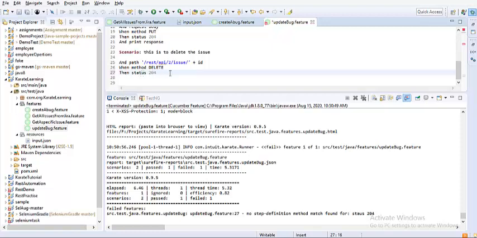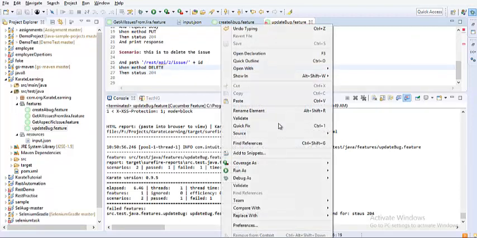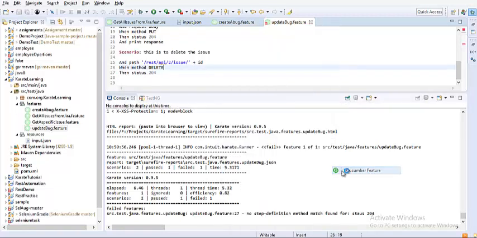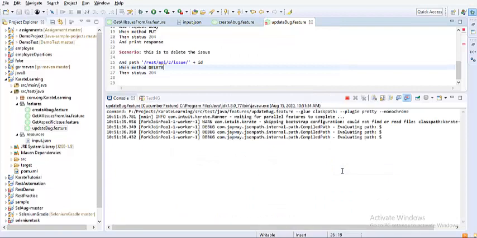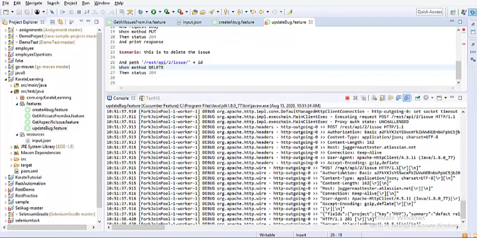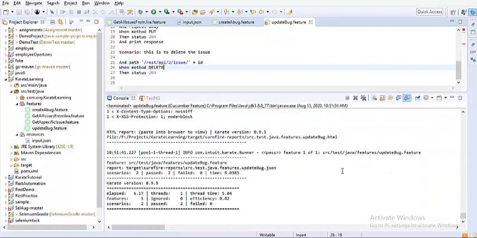Because status is one of the keywords that comes from Karate, without a proper keyword it cannot actually map my step to the proper step definition. So Karate will have a hard time. Other than that there is nothing that we have done wrong. So let me just right click and run again to see the proper execution of the test case and see all three get passed. And now you can see that all of them got passed.